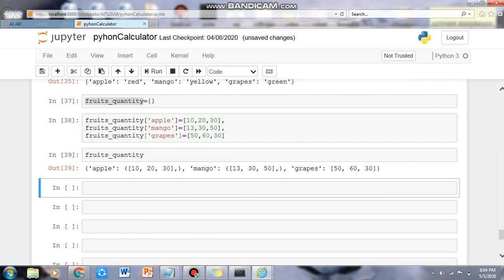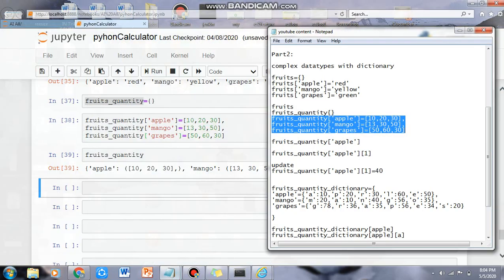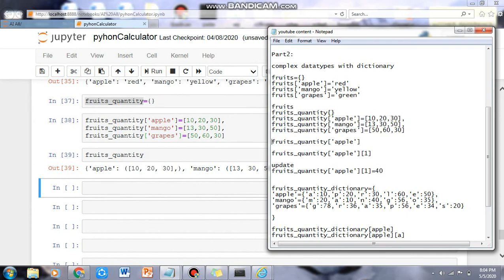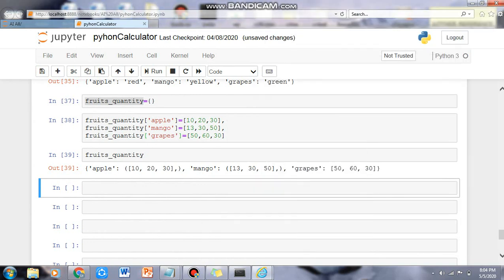Now the next thing that we are going to see is, we want one of the keys to be taken out. Say we want apple, and we want to know the quantity of apple.